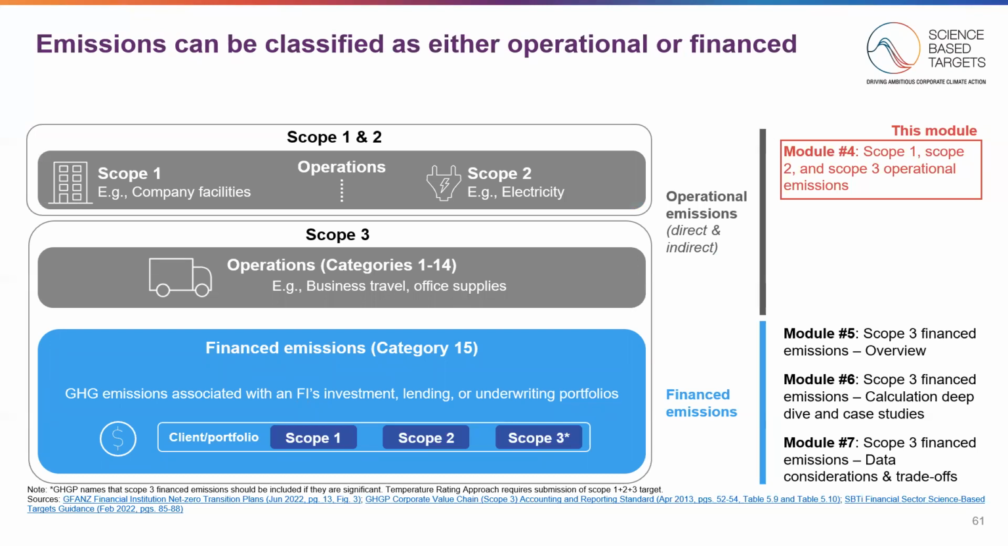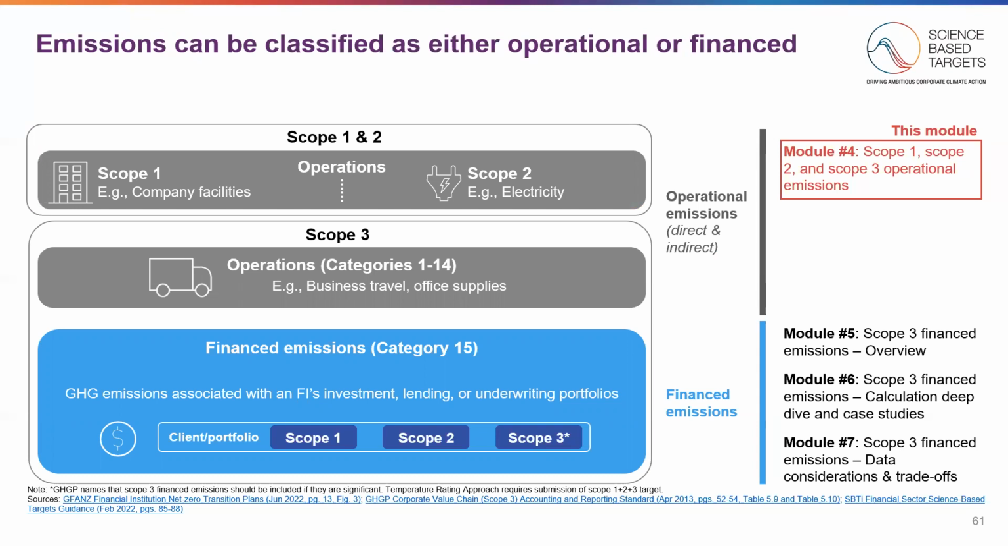In this module and the 3 that follow, we'll explore how to set targets for each of these categories of emissions. Because Scope 3 financed emissions are so much larger for financial institutions, we will spend more time on how to calculate Scope 3 financed. This module will focus on Scope 1, 2, and 3 operational emissions, which you see in gray in the top